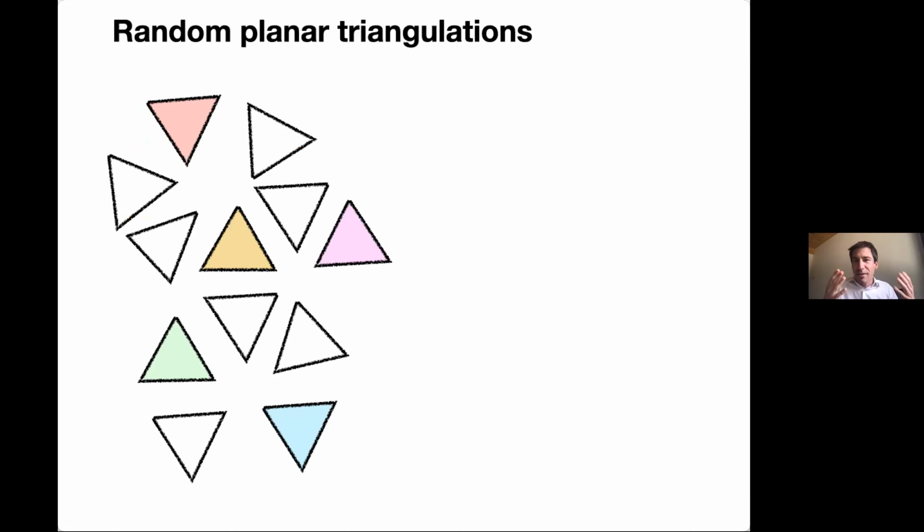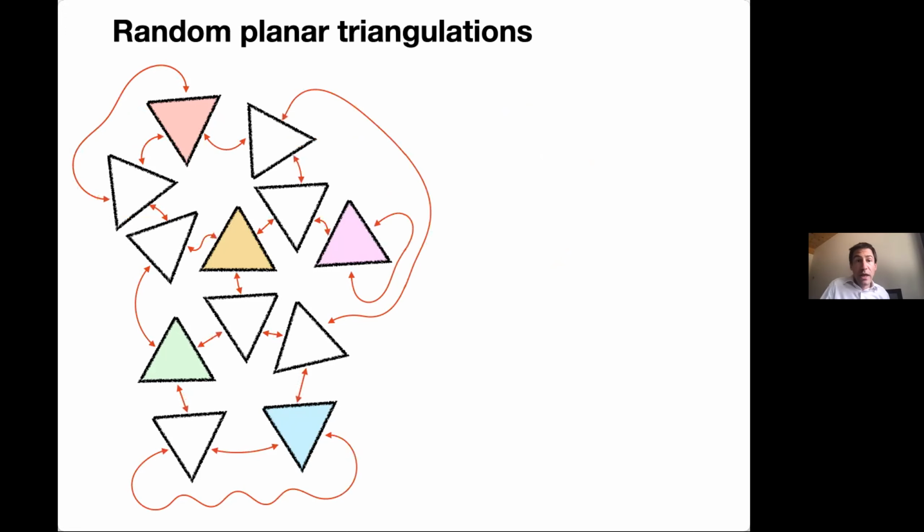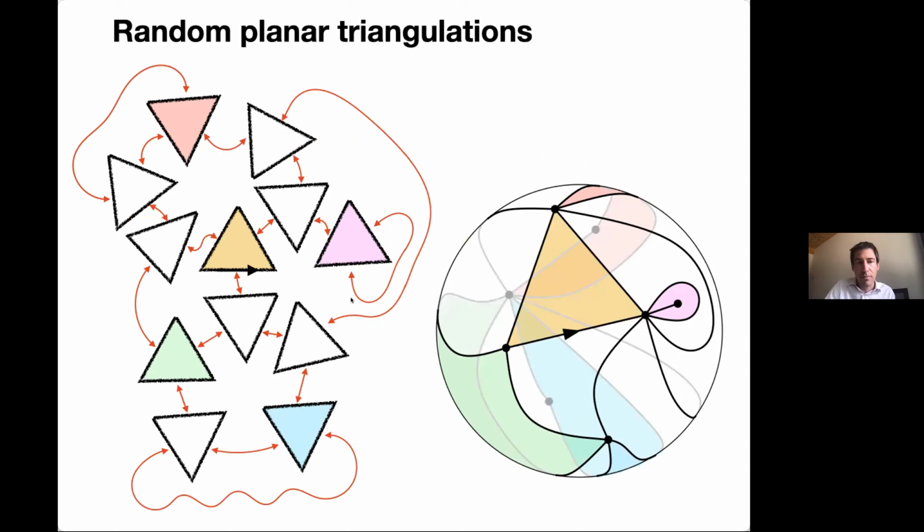Let me recap the standard planar map result about triangulations. You have a bunch of triangles that you glue in a uniform manner to get a topological sphere. There are a finite number of ways of doing that, and you pick one uniformly at random. You distinguish one oriented edge to kill the symmetry, and this is a random triangulation. You see that as a metric space because it's a graph, and you endow it with the graph distance.